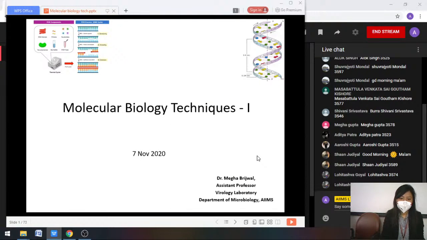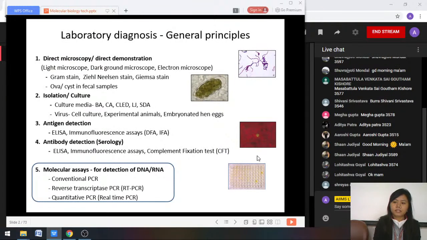Right. So we are going to start now. Today's topic is molecular biology techniques. Sorry for the date. I'm Dr. Megha. Right. So initially I was about to take part two, but then I realized that I think it